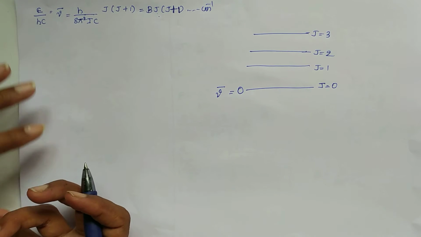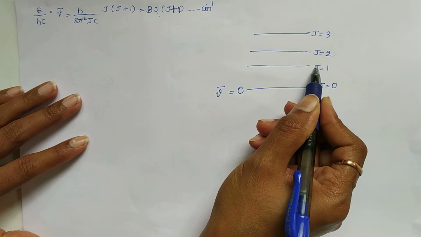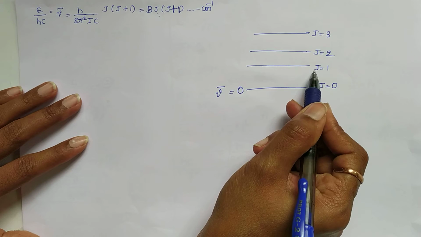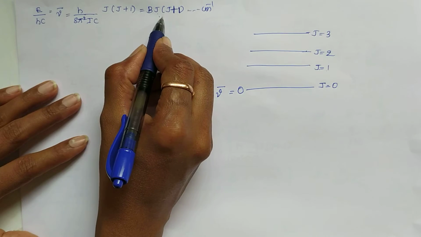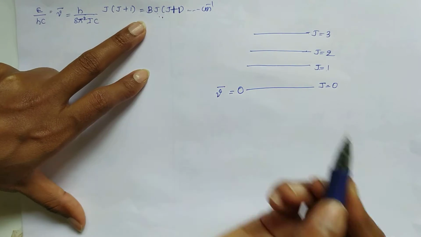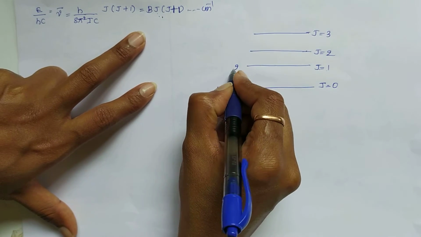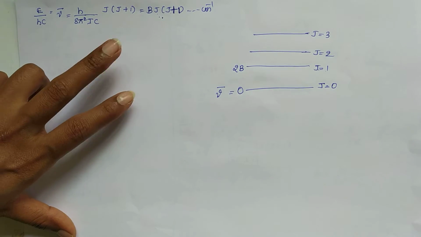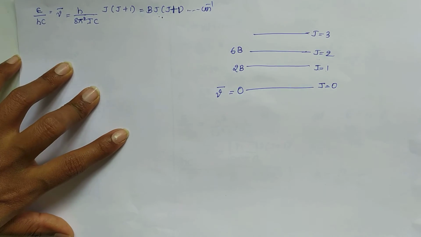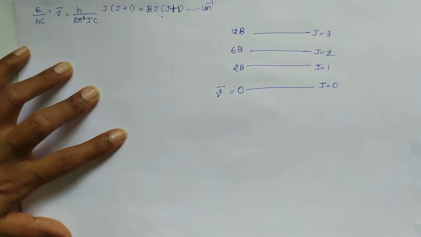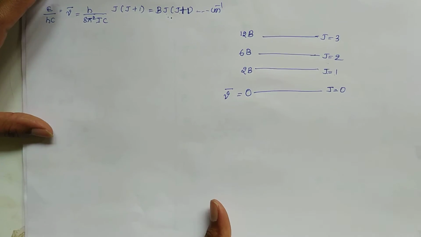Next energy level. If the molecule absorbs the radiation, then what happens? The J value goes to a higher rotational energy state. For that, J becomes equal to 1. If you put J equal to 1 in the energy expression, what you get is wave number equal to 1 into 1 plus 1, that is 2. So the value of this energy level becomes equal to 2B. Again, if you substitute J equal to 2, you get 6B. The next energy state is 12B. So this is the energy that I have expressed in terms of wave number.